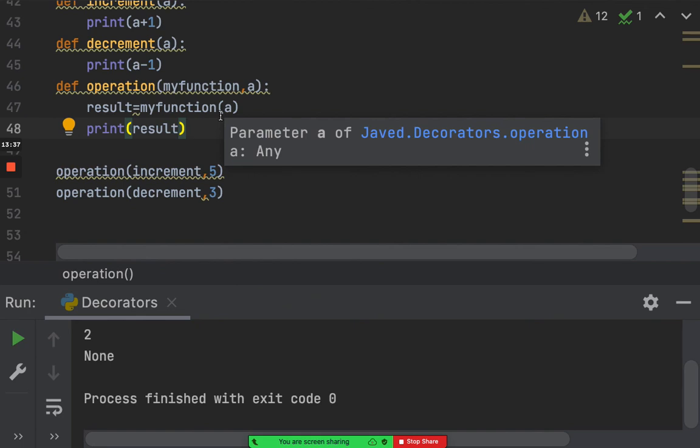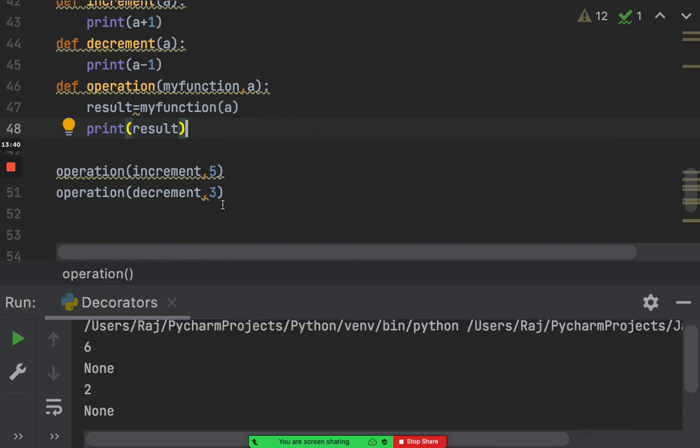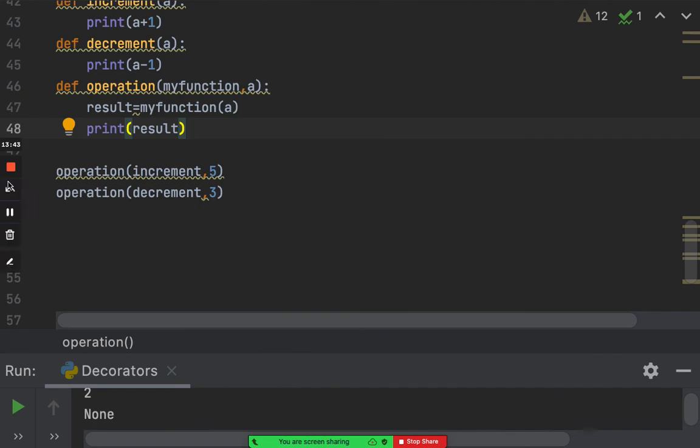I understood it, but the line, line number 47. So line number 46, we define function called